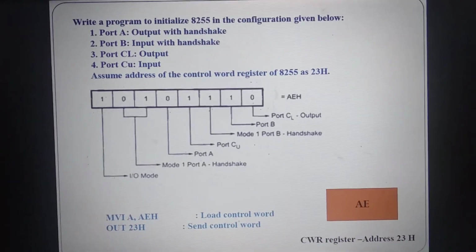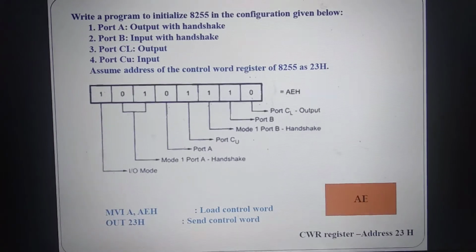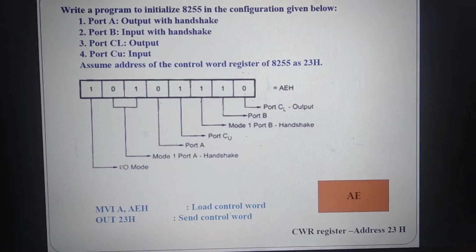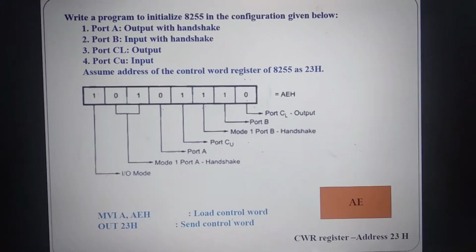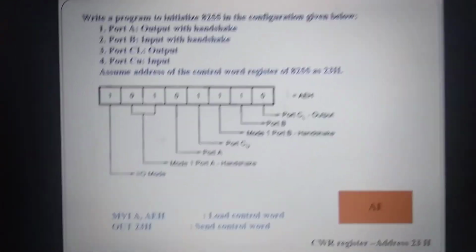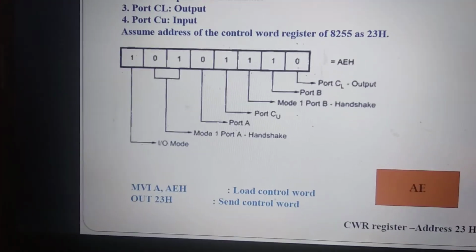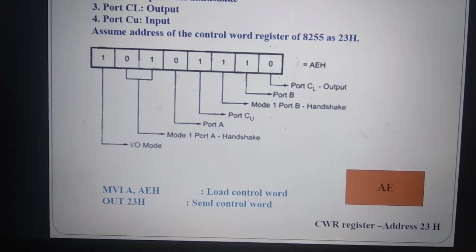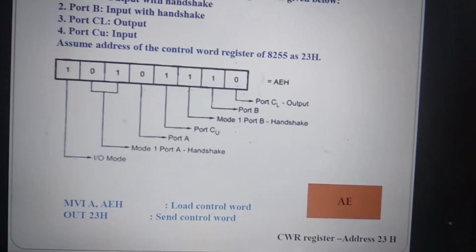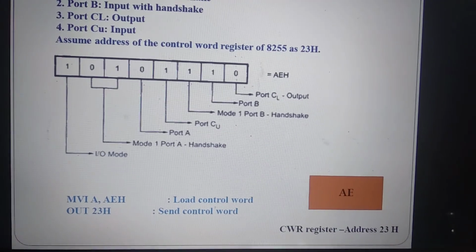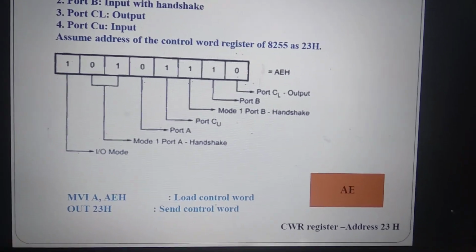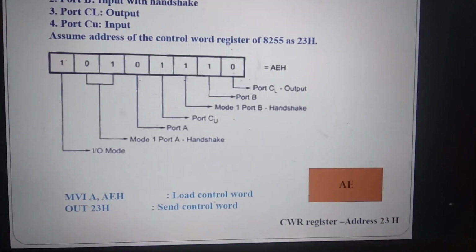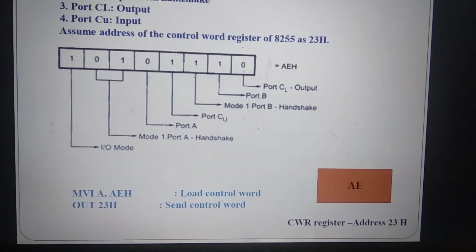So this is mode 1 of operation. So here the D5 and D6 bits will be 0, 1, right? And the rest of the part will be configured accordingly. Just look into the D2 bit, it's 1 because for mode 1 it's 1. So the equivalent content is AE hex and that data is to be written at 23 hex. So for this particular problem, 23 hex is the address of the 8255 and AE is the data.